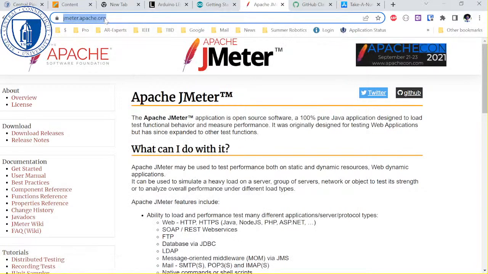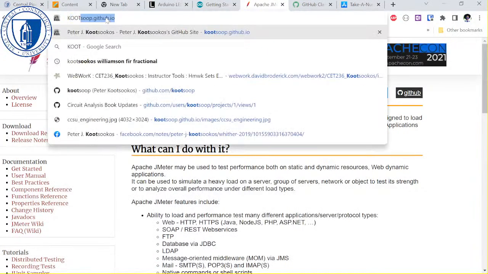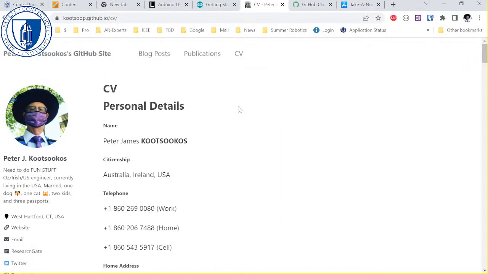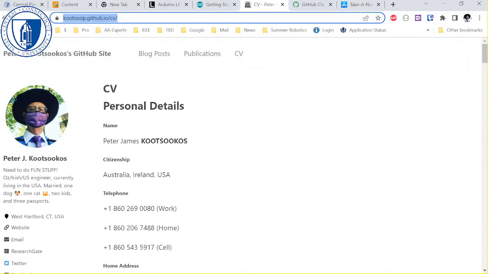So there's two things, right? There's this one, and this is like my web page, and GitHub tells you how to do all this, so you can do blog posts, or you can list publications, or you can have a resume. But my actual